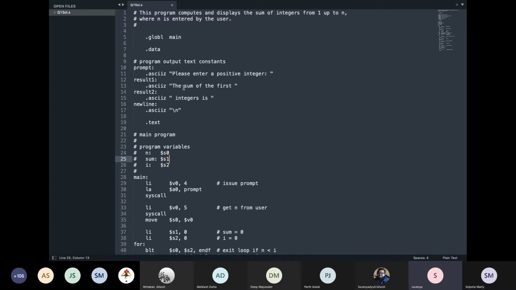The first thing, like we discussed, we are trying to store all the respective strings that we are going to use here. Then in the program, we can refer to the strings by the variable names that are correspondingly used. For example, if we use the prompt, then using prompt, we can just get the print enter a positive integer, that string, right? So that's how it is.